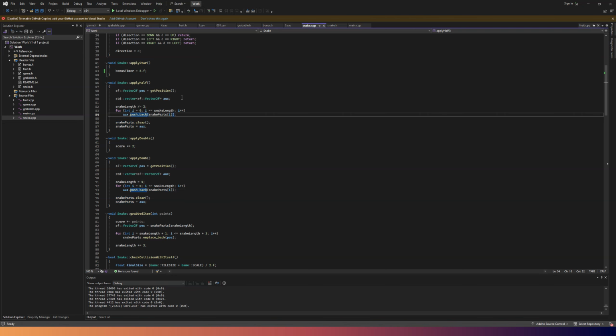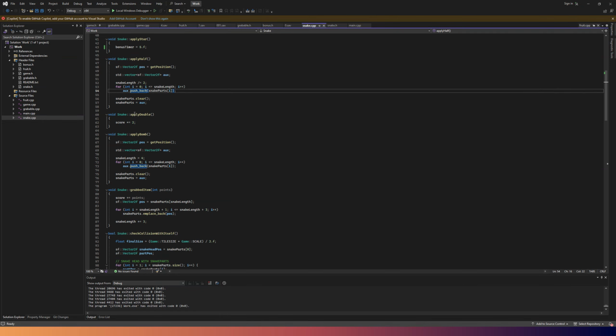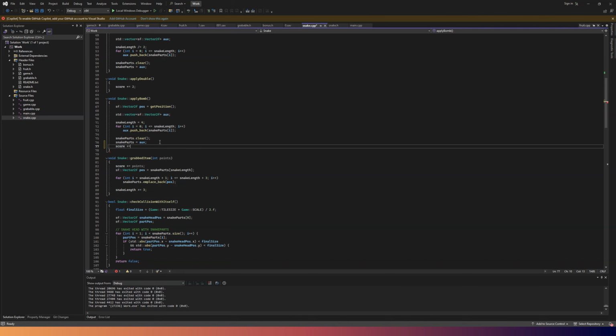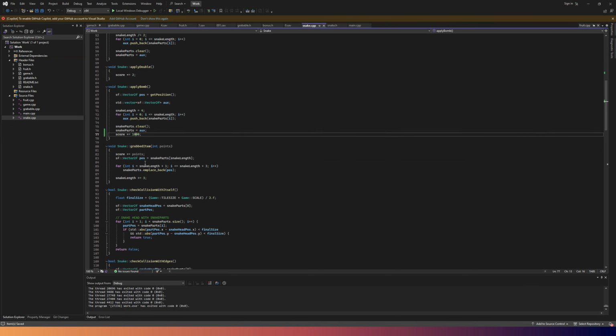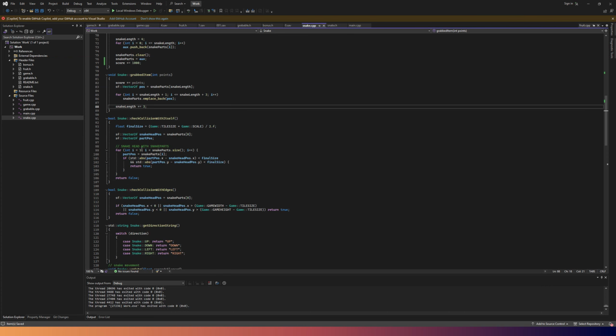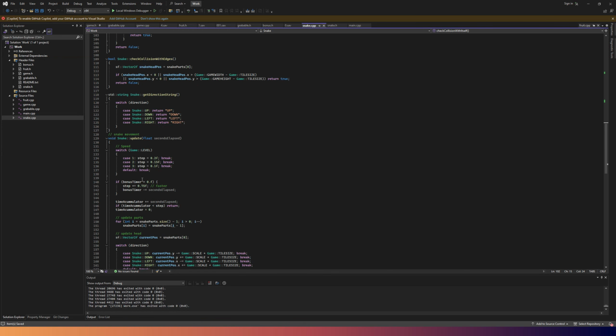This cuts the snake's length in half, doubles the amount of random points. This I would put score plus equals 1,000 to add 1,000 every time it gets it. Then grab the items, check, see if it grabs an item. The snake's length will increase by 3. I could also make it 1 to make the game slower. Collision with itself, edges, direction string,